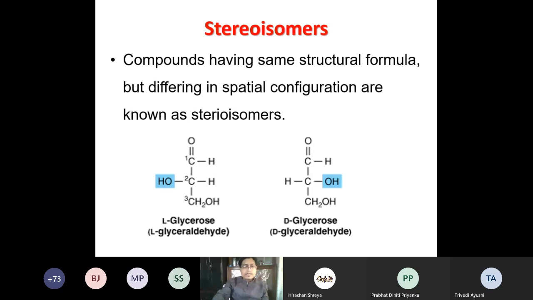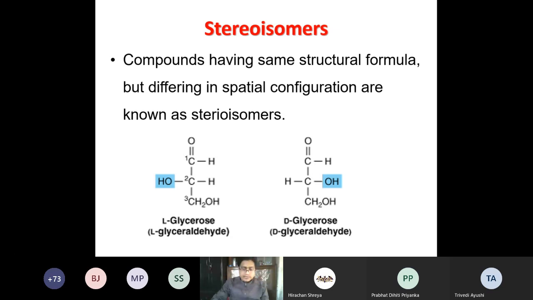Okay. In this glyceraldehyde, how many chiral carbons do you see? One. Okay. The second one is the chiral carbon. That means it is joined with 4 different constituents, just like in this case CH2OH, on the other side OH, on this side H, and on this group CHO. That means this is a chiral center. This is a chiral center means this has isomers, optical isomers are there. How many optical isomers can we find?